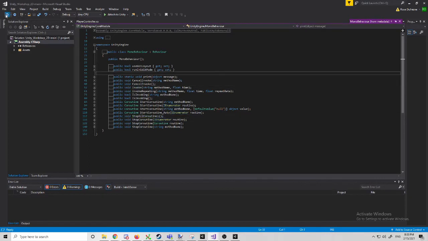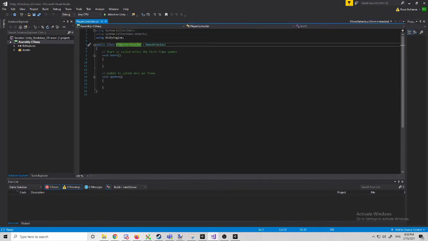So let me just go back. We don't want to go on this. All right, so we have Player that is a child of MonoBehaviour, and it's overriding the functions Start and Update automatically. That's okay, we could leave that there. The first thing that we want for movement,